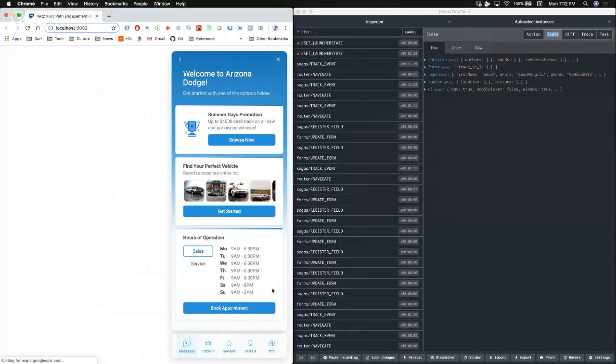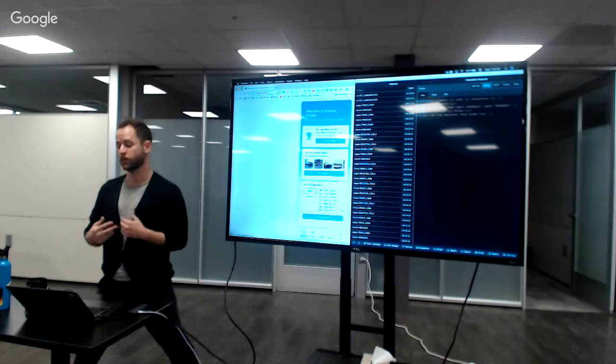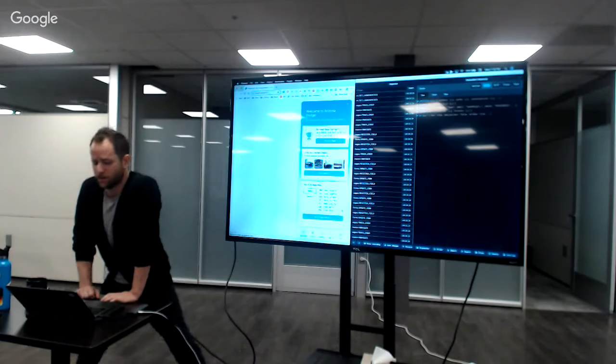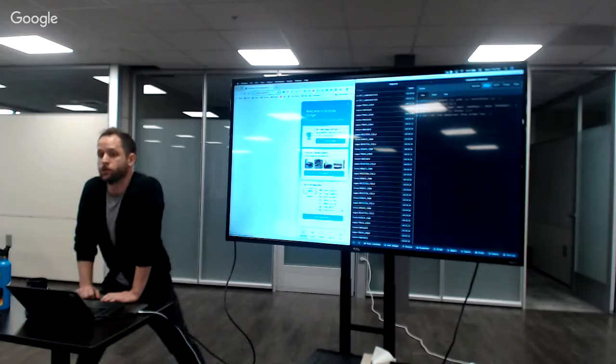What I like about this in terms of demonstrating Redux is it's completely untethered from what people think websites are. Because we're in this separate little iframe box, we don't have to worry about views, we don't have to worry about conventional routing. We can really do whatever we want. And that flexibility and degree of freedom meant we had to be extra thoughtful about how we structure the Redux state.